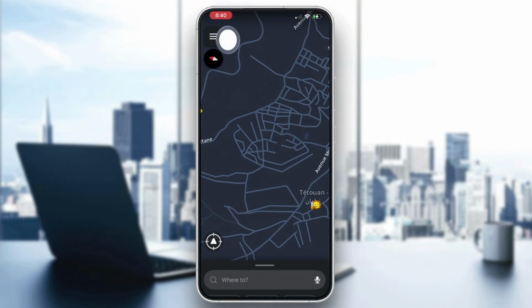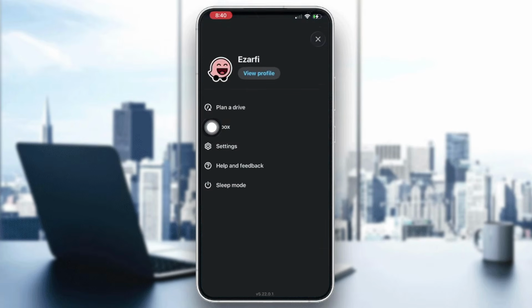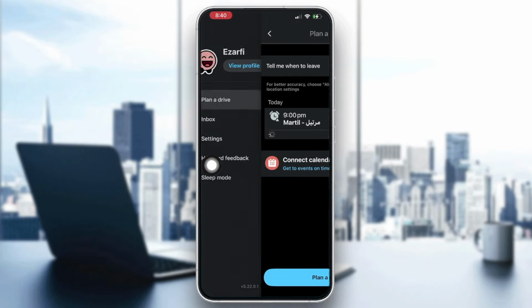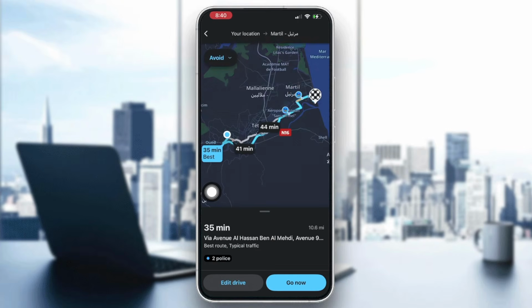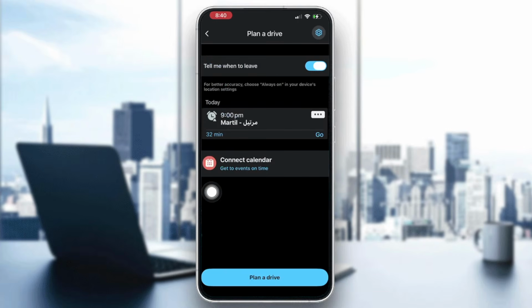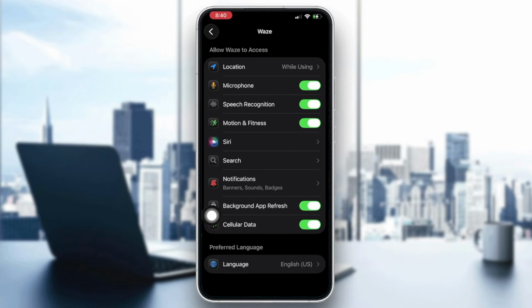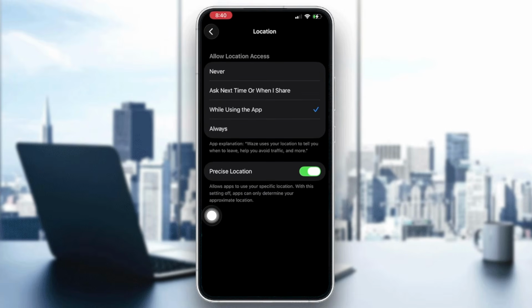Also guys, you can find it on the menu here at the top left. As you can see, we have plan a drive here, and then just go ahead and tap on the drive that you want, right? Or go with connect calendar, so you can give the access first, just like that, while you're using the app,